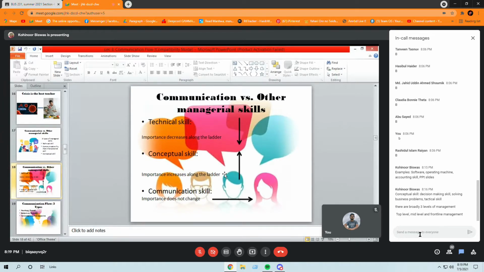Yes, ma'am. But for communication skill, the arrow is horizontal. The importance does not change. So that means that whether someone is a frontline manager or